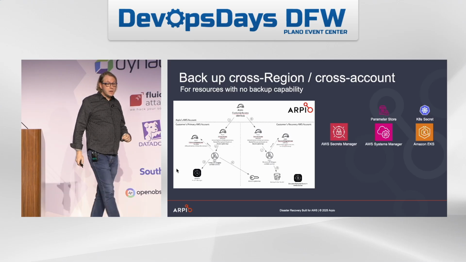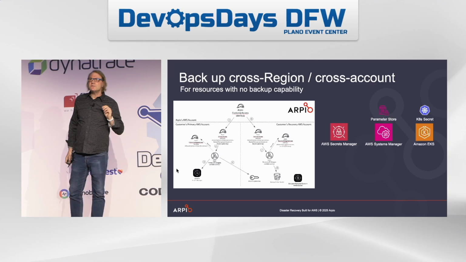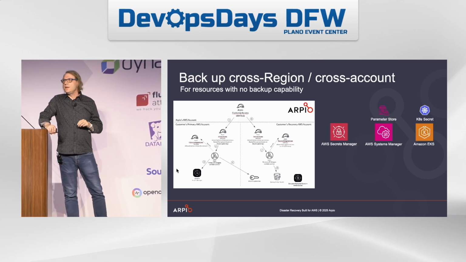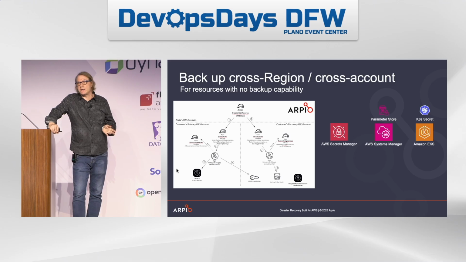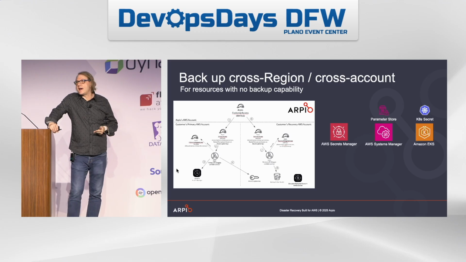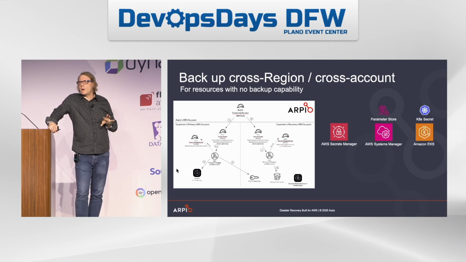All right, so this is a similar requirement, a similar design consideration, only these are things that don't have any copy command in AWS. Remember how the other one had these nice commands for doing copying? Things like secrets, which are your database passwords, parameters, or EKS manifests, especially EKS secrets. There is no native AWS way to actually copy these across regions, cross account.